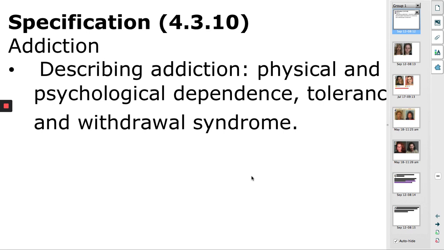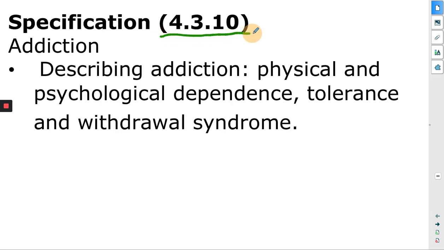For the exam. Okay, so first things first, let's have a look at a few things here. We see that it says specification 4.3.10. Okay, this is not meant to be anything cryptic other than to indicate that it's the options section of the specification, and it's one of 10 parts of the course. There were 9 options, and then there's issues and debates.